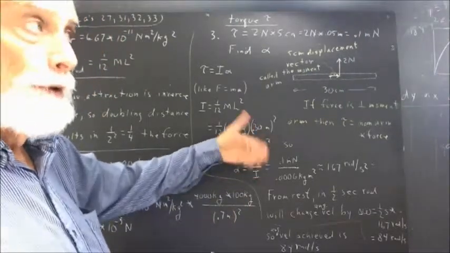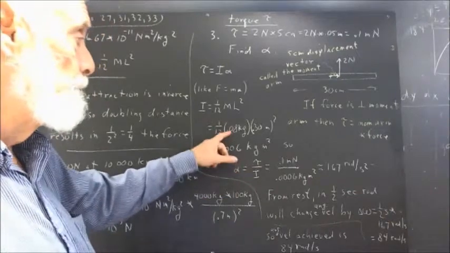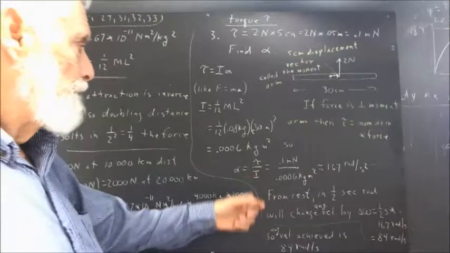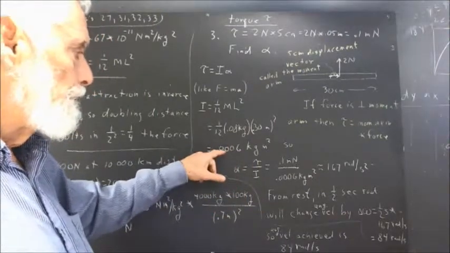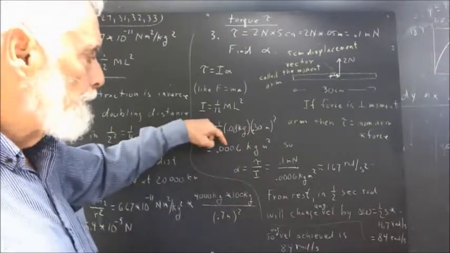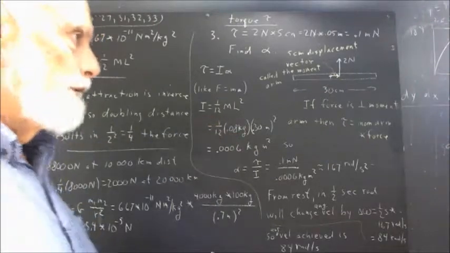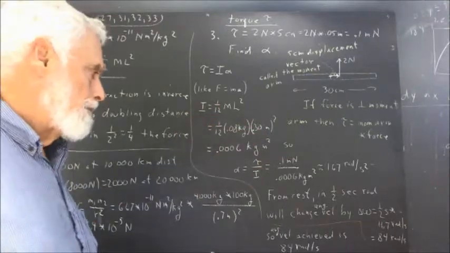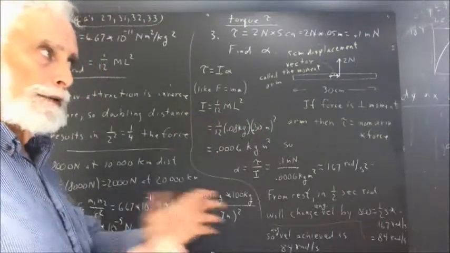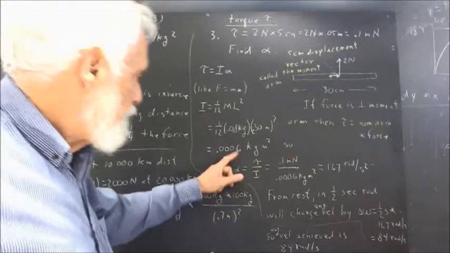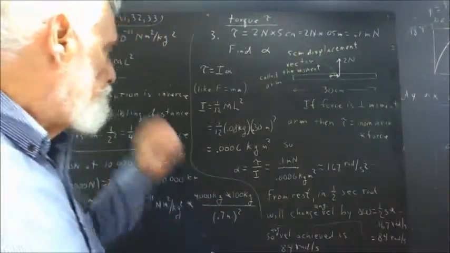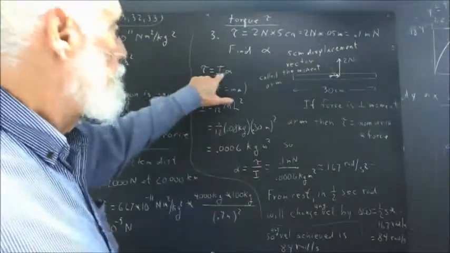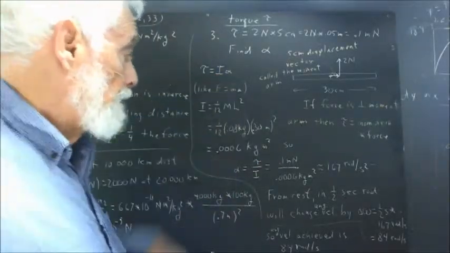0.3 squared is 0.09. 0.09 times 0.08 is 0.0072. 72 divided by 12 is 6, so the 0.0072 is reduced to 0.0006. Now, you take your calculator and figure that out, or use a multiplication algorithm and count your decimal places very carefully and see if that corroborates. In any case, if this is correct, then because torque is the product of moment of inertia and angular acceleration,